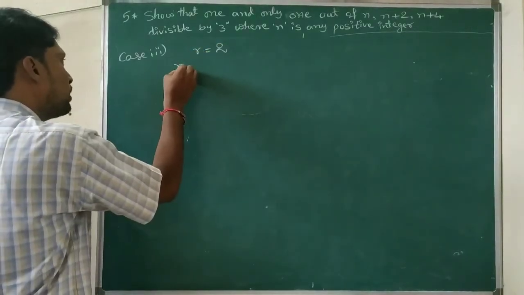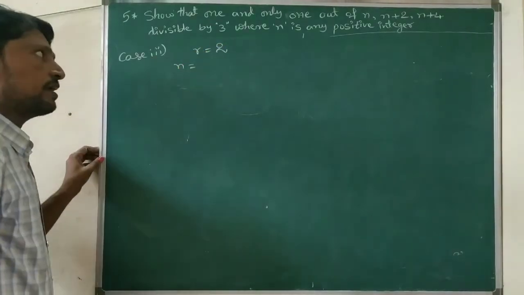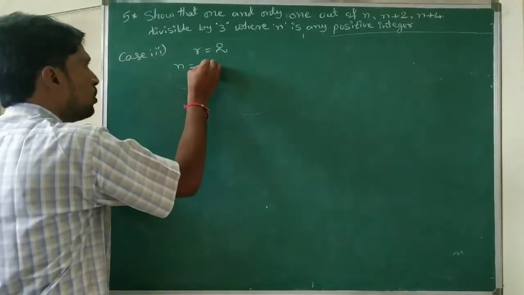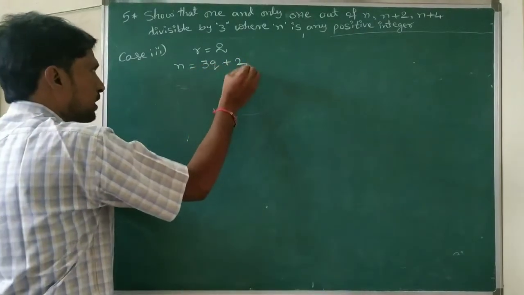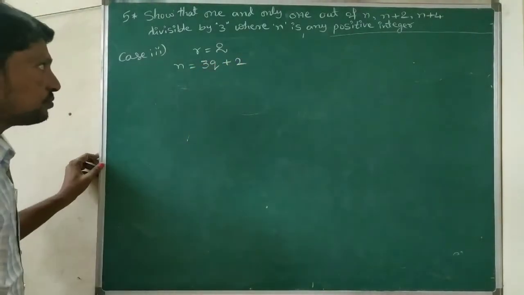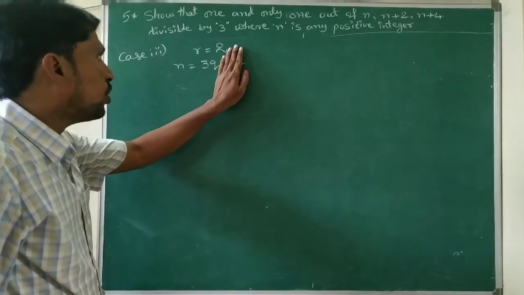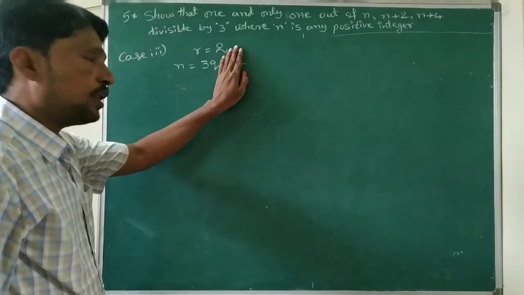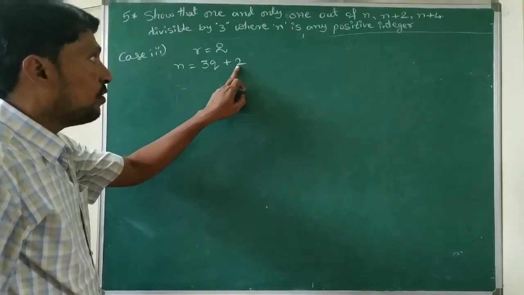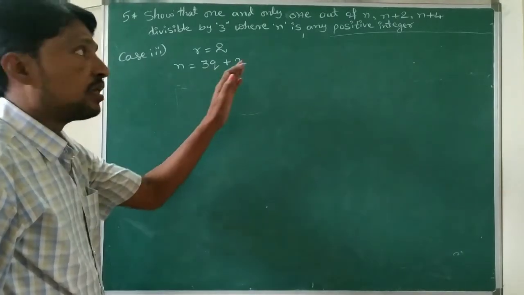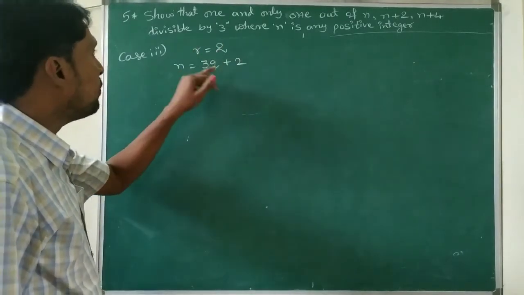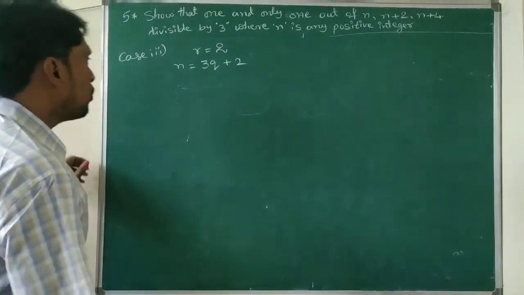So r equal to 2 means what n value do we get? N equal to 3q plus 2. What is the meaning of 3q plus 2? Up to 3q it is a multiple of 3, but 3q plus 2 when divided by 3, then we get the remainder 2. So that one you have to write. N leaves the remainder